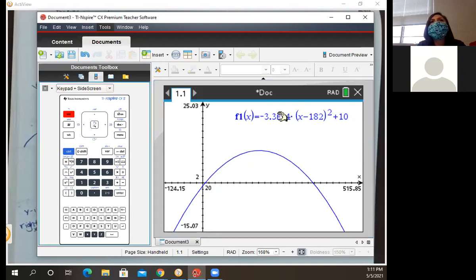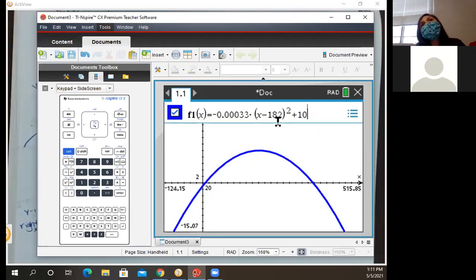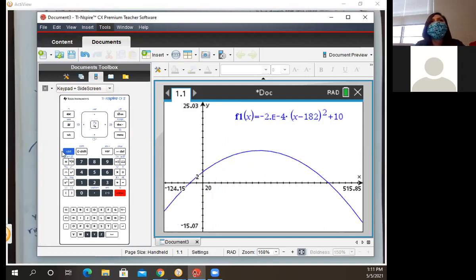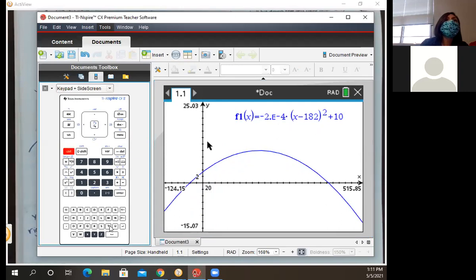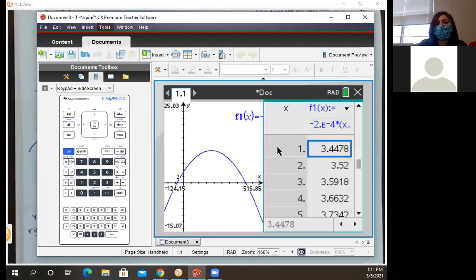Okay, and then I changed this a little bit. I clicked on something I shouldn't have. So we are going to put this back. There we go. Okay, so I'm going to find my y-intercept, Control T to bring up our table, and then